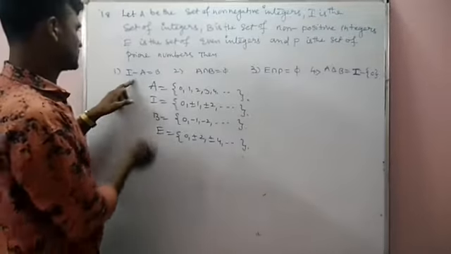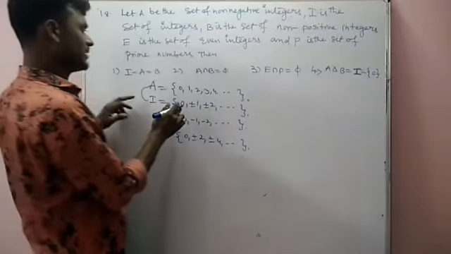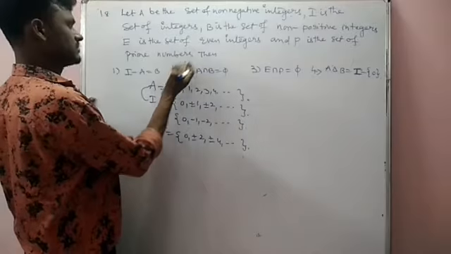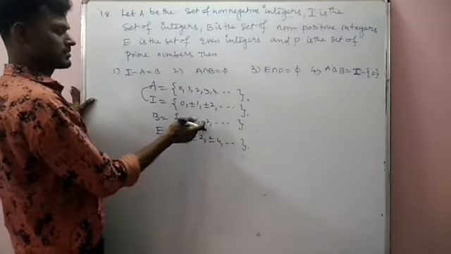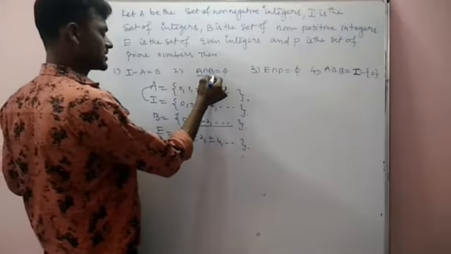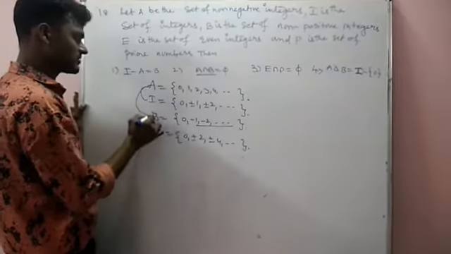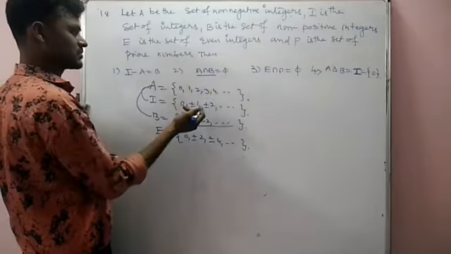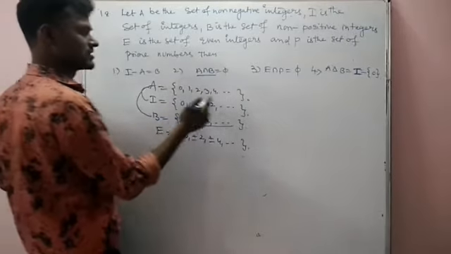For the first option, we have to check I minus A. I minus A means here 0 only. Then 0 is here, B is not possible, here 0. Next, A intersection B you have to take here. A intersection B means what is common here: 0 only is common. Then this is also not possible, as given. 0 is one element there.